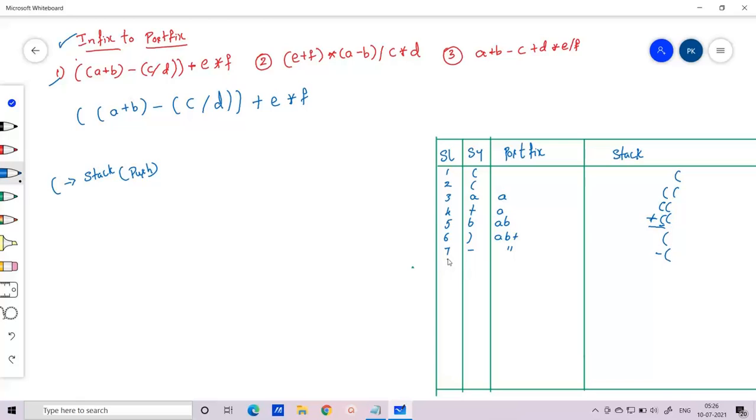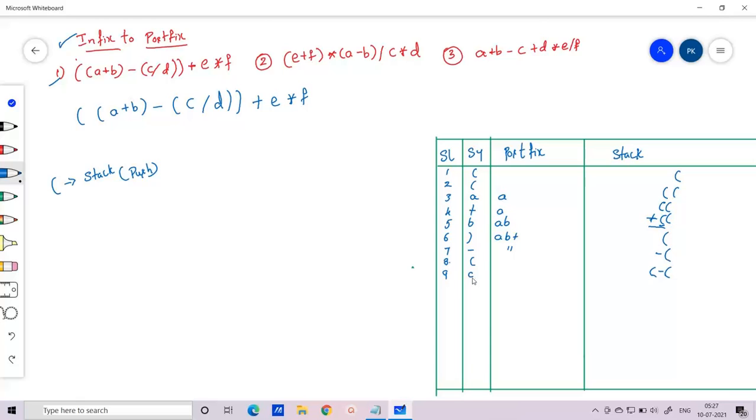The next character, the eighth character, is an opening parenthesis. When you see an opening parenthesis, what should you do? You should add it onto the stack. So I'll get opening parenthesis, minus, and an opening parenthesis. The order of writing in the stack is very important. Be careful while adding the characters onto the stack, because the order in which you add will change your way of solution. Next, for the ninth character, what we have is c.